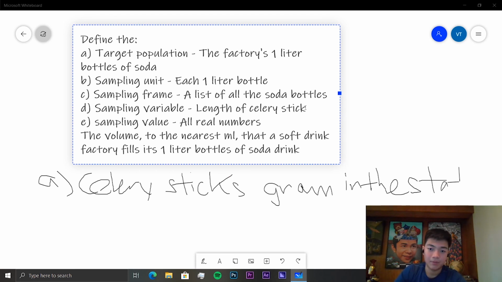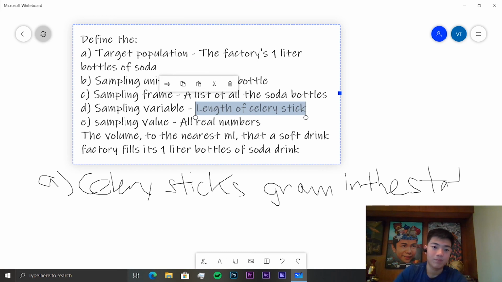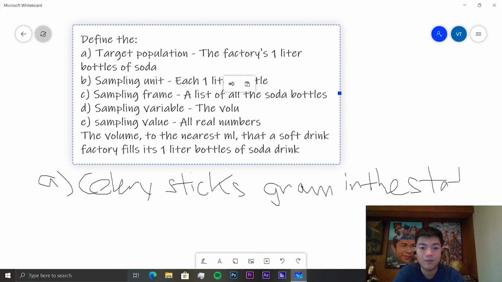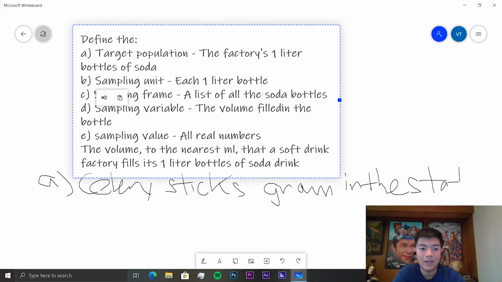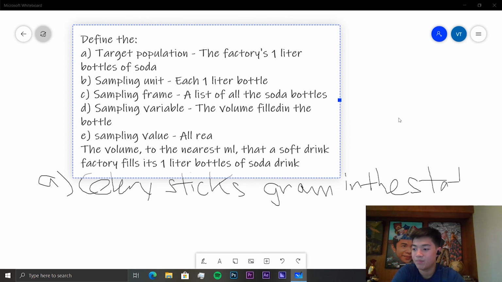Our sampling variable is the volume filled in the bottle. And our sampling value, well, we're given that it's to the nearest milliliter,